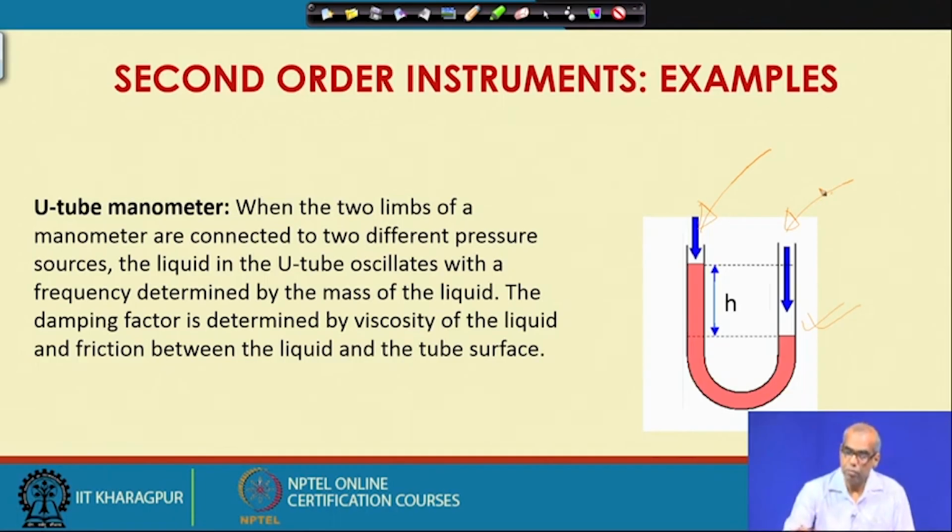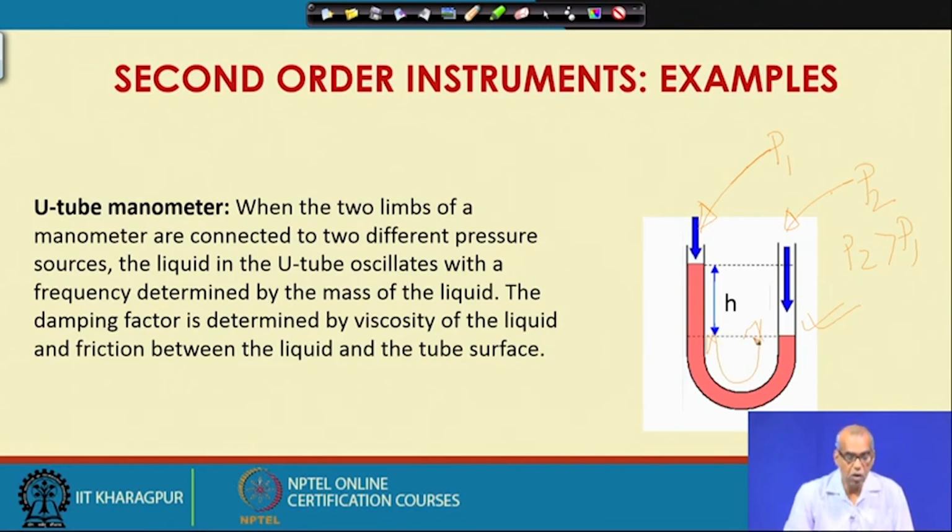So, imagine that both the limbs were initially open to atmosphere, so they are connected to the same pressure source. Now, I connect this to a pressure source P1 and this is another pressure source P2, P1 and P2 are different. As the figure shows, P2 is greater than P1. So, that is why this is pushed more. So, when you do this, there will be oscillations of this manometer liquid